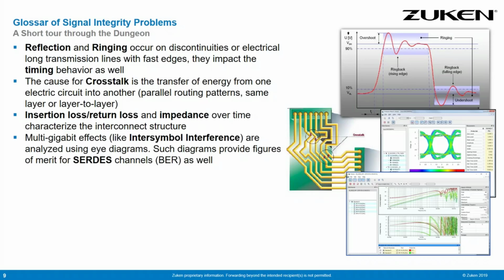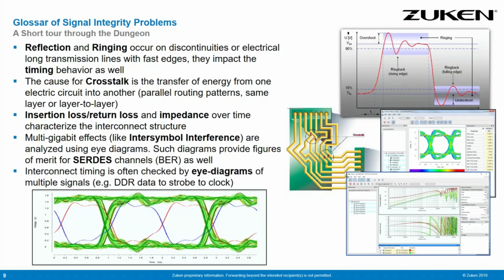For high-speed applications like PCI Express and DDR, we talk about things like inter-symbol interference, where eye diagrams are the figure of merit. Going further, if you have so-called SerDes channels, the bit error rate is another quality figure for describing the signal integrity. If some signals are in relation to other signals, like in the DDR interface, we have the relation between the strobe and the data, and the address and the clock lines, then you have to look into many eye diagrams of signals together, analyzing the setup and hold time behavior